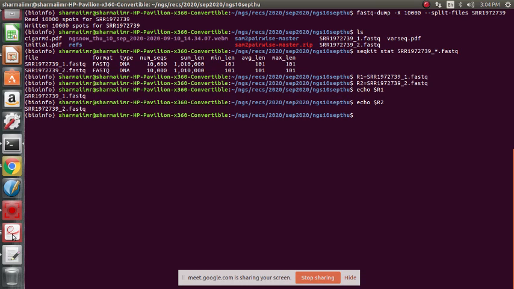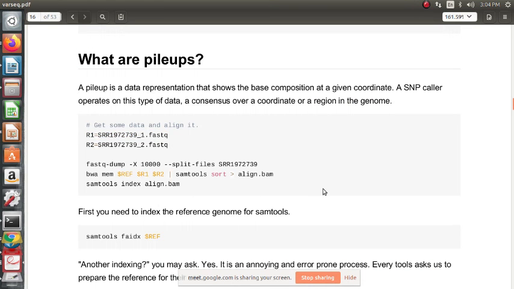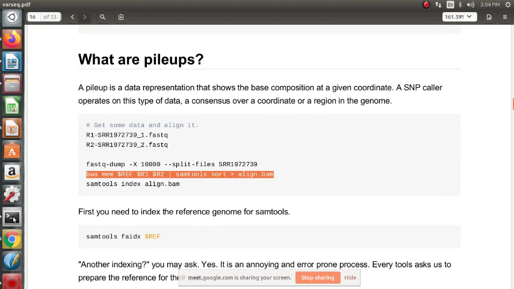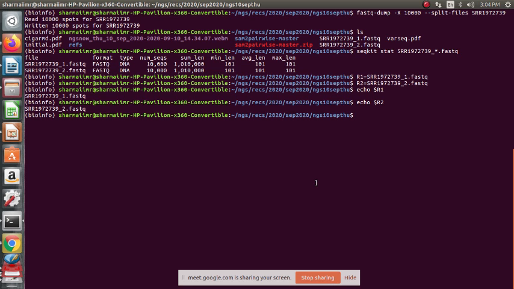Okay, then we now do the maximal exact matches algorithm, and then also we sort the SAM file to get the BAM file. So always remember that we get the BAM file once we sort the SAM file. If you want to do it separately also, that will be okay.